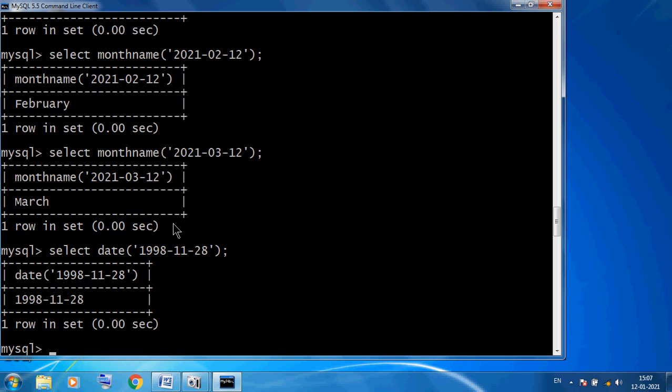In the date function we directly use date to store any date. First we mention the year, then we mention the month, then we mention the date. So in this style: 4-digit year, 2-digit month, and 2-digit day. So the date function we will use to store any date. Different kinds of functions you can see serve different purposes. But this function we can apply on our